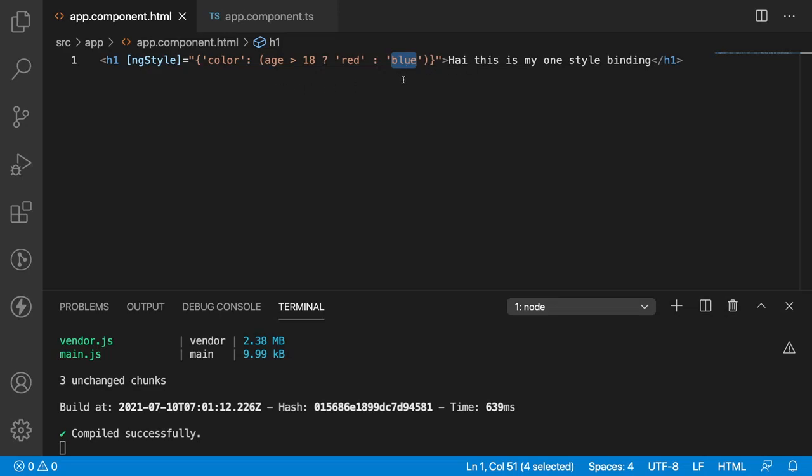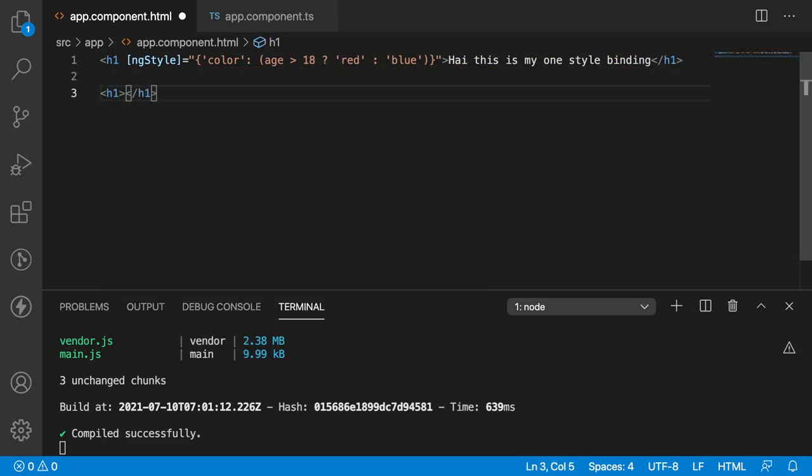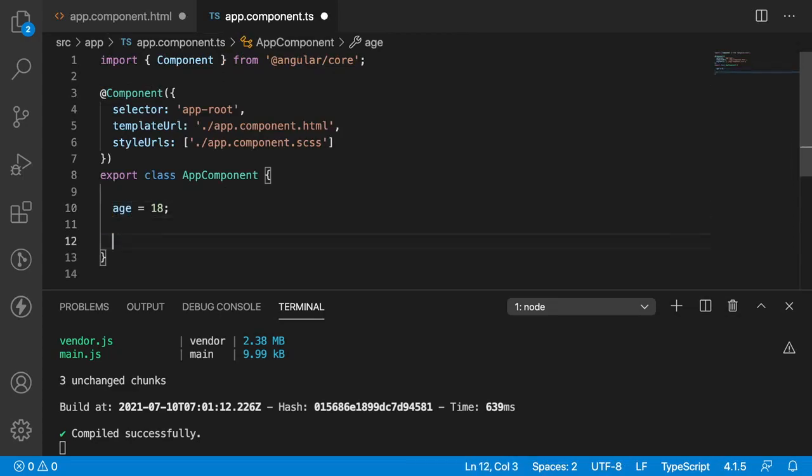So we are able to change the values of the styles of any HTML content by using style binding. We can use style binding in another way also. H1, let me create something like the font size, which I want to pass dynamically from the TypeScript itself. Dynamic font size equal to, let me give 24 pixel.